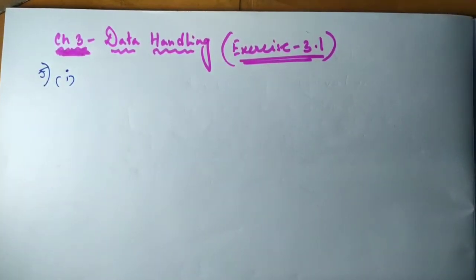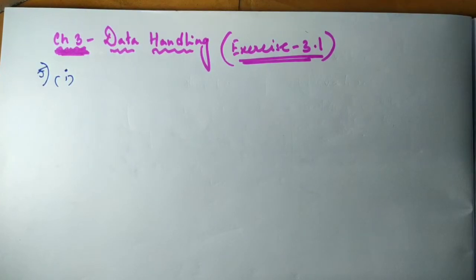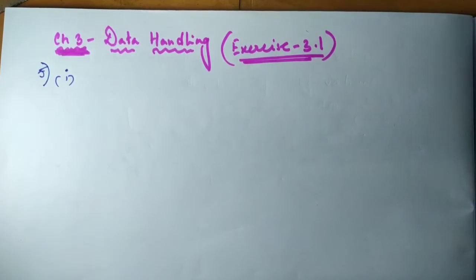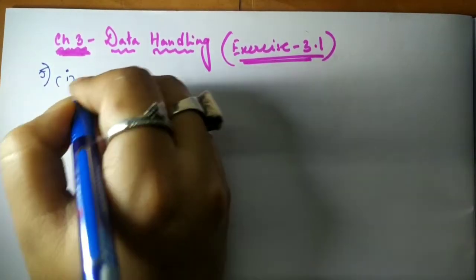Number 1 is given. Find the mean to determine A's average number of points scored per game. Now if we see the player A, in game 1 he or she scored 14, then 16 in game 2, 10, and in game 4 the score is also 10. So we have to find the mean. Average means we have to find the mean, which we have done in our previous sums also. Let's do that. We'll write the statement.